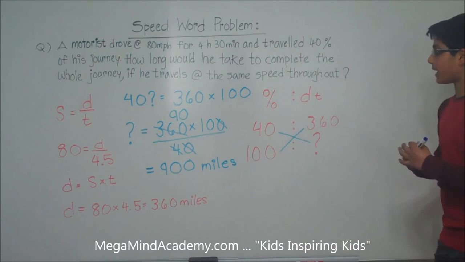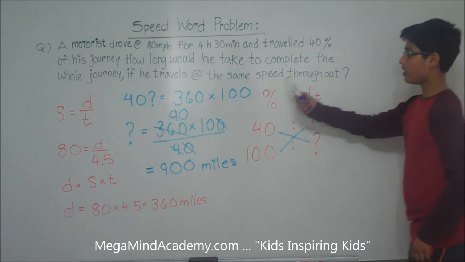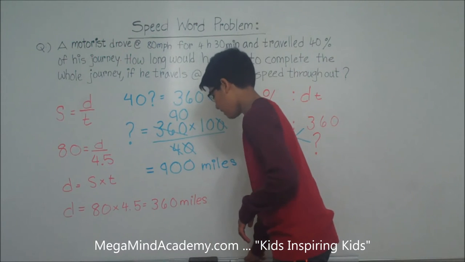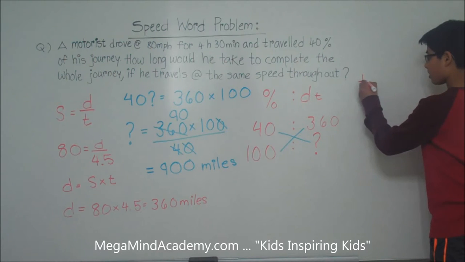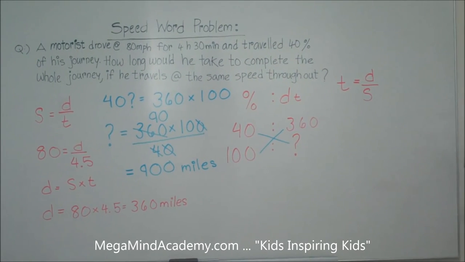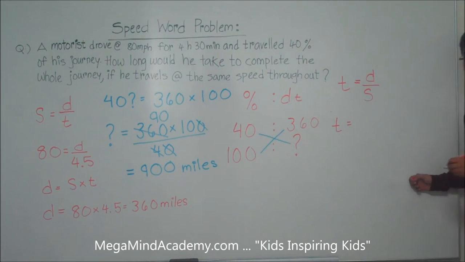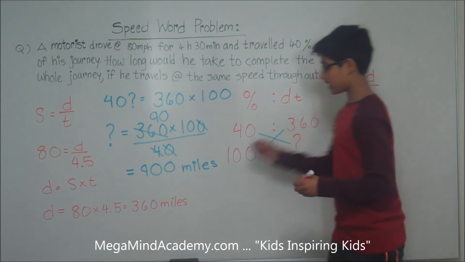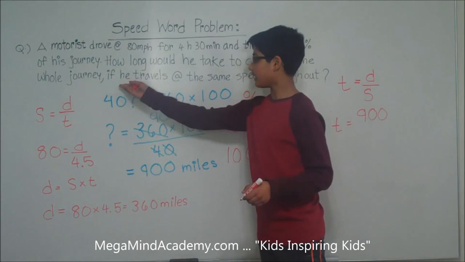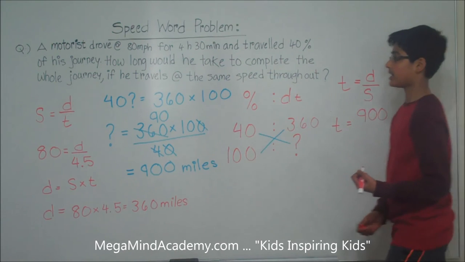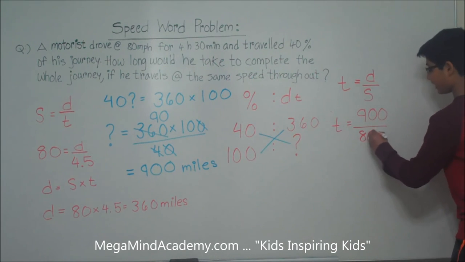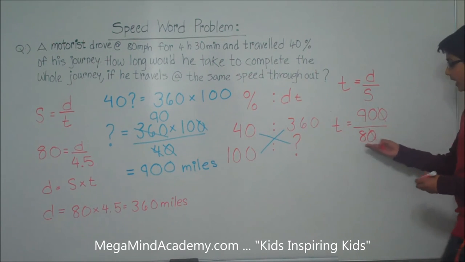Now, we need to find out how long would he take to complete the whole journey. And we know that the speed is equal to the distance over the time. So this must mean that the time is equal to the distance over the speed. So this means that the time taken to complete the whole journey is the distance over the speed, and we know that the distance is 900 miles. So 900 over, now it says in the problem that he travels at the same speed throughout the whole journey. And the same speed throughout the whole journey is 80 miles per hour. So 900 over 80. This 0 cancels out with this 0. So we are left with 90 over 8, which is equal to